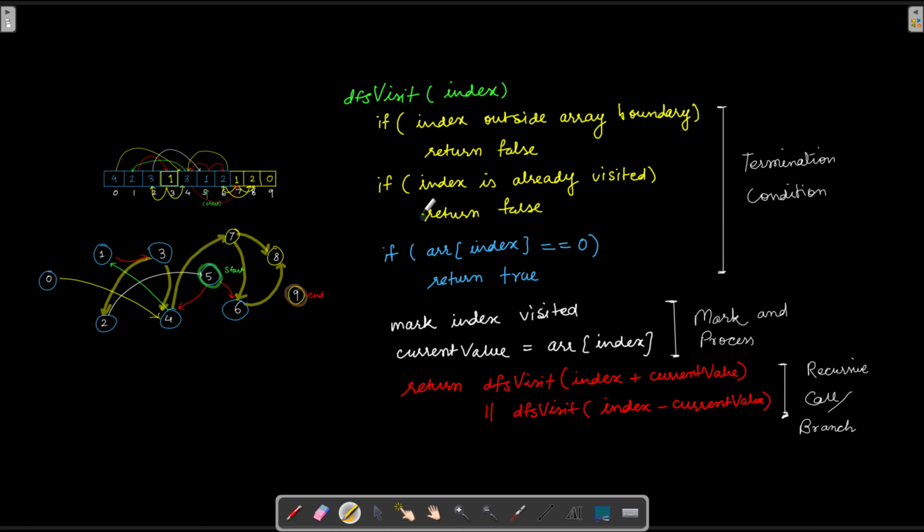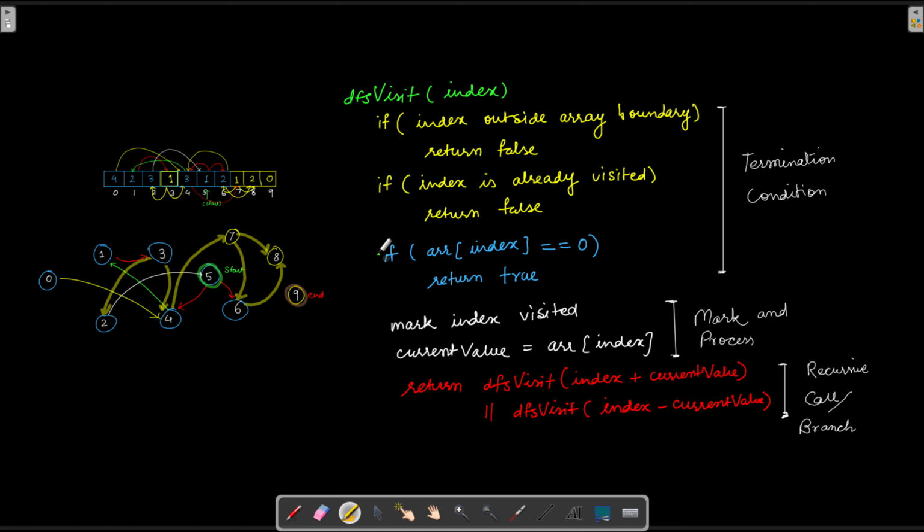So if the node is already visited, we return false. Why? Because if the node is already visited and if it had contained 0, then we would have already returned true from there. But the fact that we have reached this point again, that means that box doesn't contain our desired value. So we return false from here.